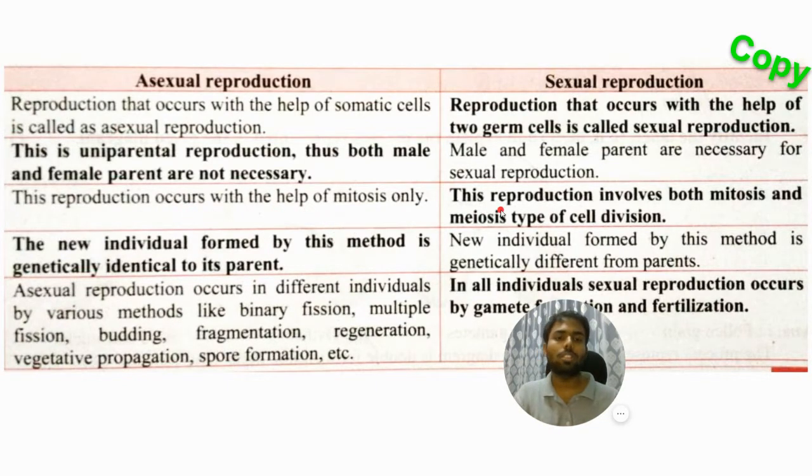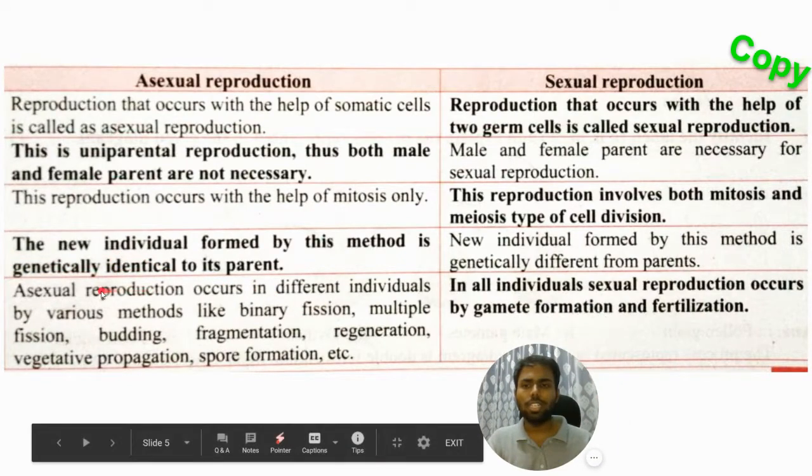Next, asexual reproduction में they had given this reproduction occurs with the help of mitosis only, whereas we have seen in sexual reproduction both mitosis and meiosis type of cell division occurs. Okay, so you have to write both, not just meiosis. Mitosis and meiosis दोनों होते हैं sexual reproduction में. नेक्स्ट सेक्शन में दिया था न्यू इंडिविजुअल इज फाउंड बाय दिस मेथड इज जेनेटिकली डिफरेंट फ्रॉम पेरेंट्स. डिफरेंट यानी बहुत अलग नहीं होंगे, बट थोड़े चेंजेस होंगे. ओके, वी डोंट लुक एग्जैक्टली सेम एज आवर पेरेंट्स, राइट? आवर स्किन कलर इज नॉट एग्जैक्टली सेम एज आवर पेरेंट्स, सो थोड़ा अलग होता है. ओके, सेक्सुअल रिप्रोडक्शन में. Whereas in asexual reproduction they will be genetically identical. Okay, they will be exactly same genetically.